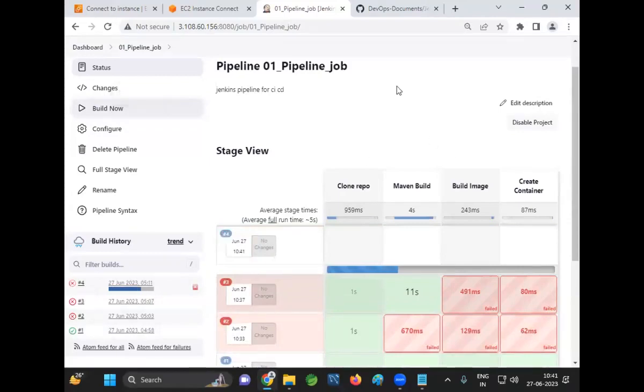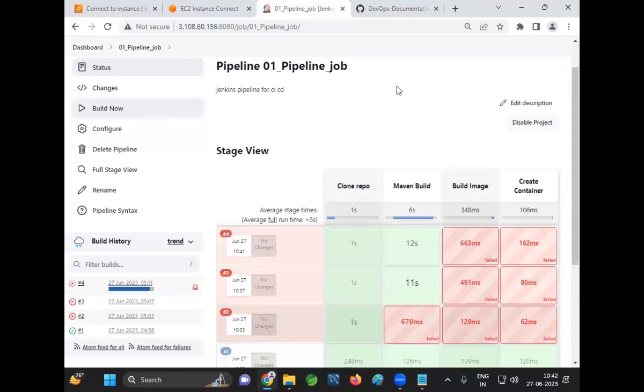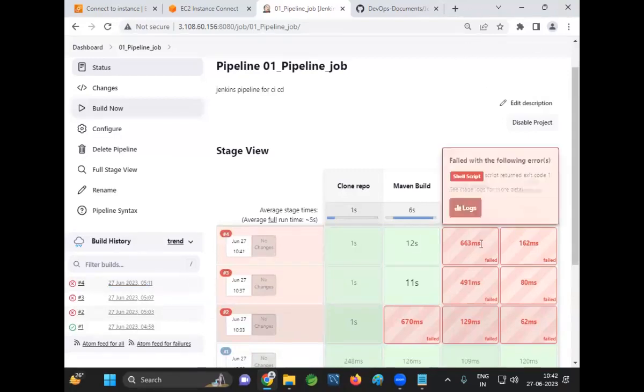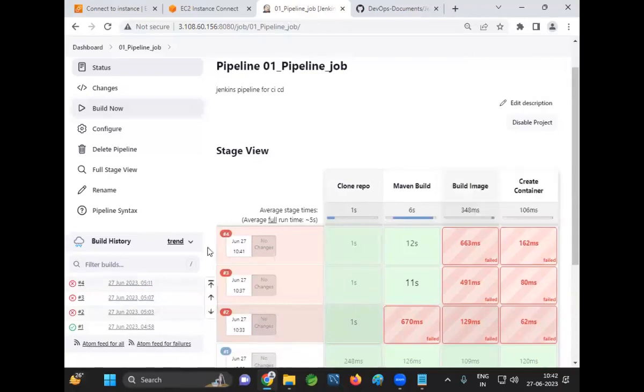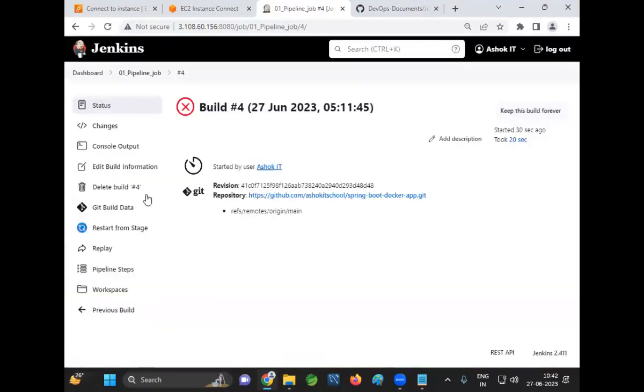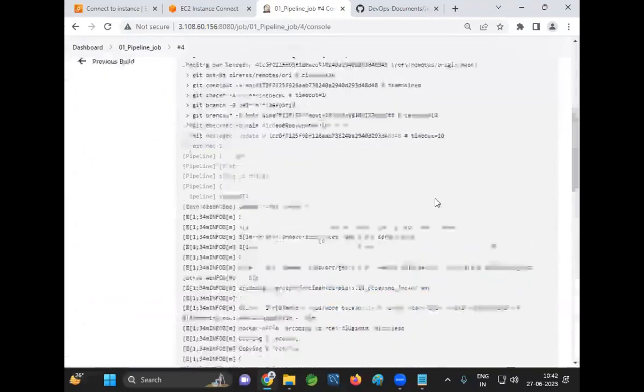First 2 stages will be successful because already they executed in the previous build number. Now we need to monitor 3rd stage and 4th stage. Build image, create container. Yeah, build image again failed. Go to the build number, console output,